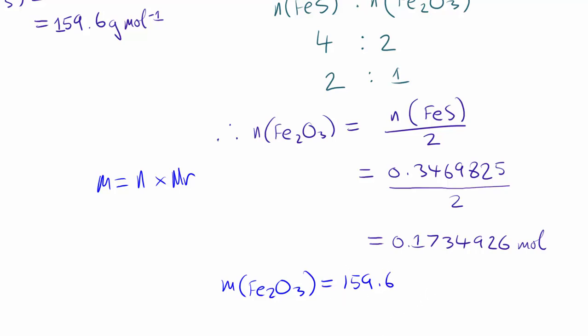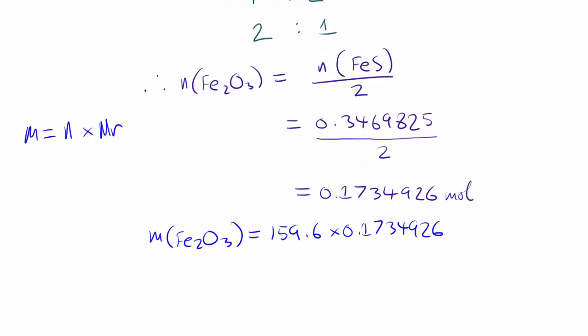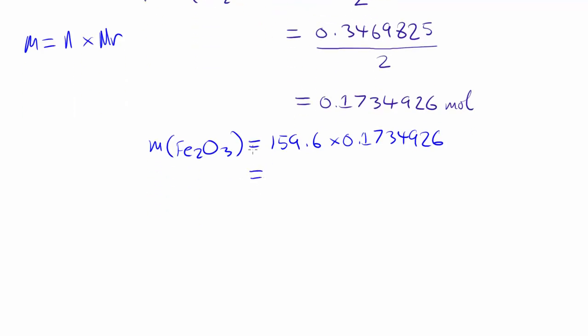So the molar mass, multiplied by this value, which we worked out to be the moles of the Fe₂O₃, right? So 0.1734926, right? So feel free to work that out and figure out what you get. And if you had a go at that, what you should have found is that gives you